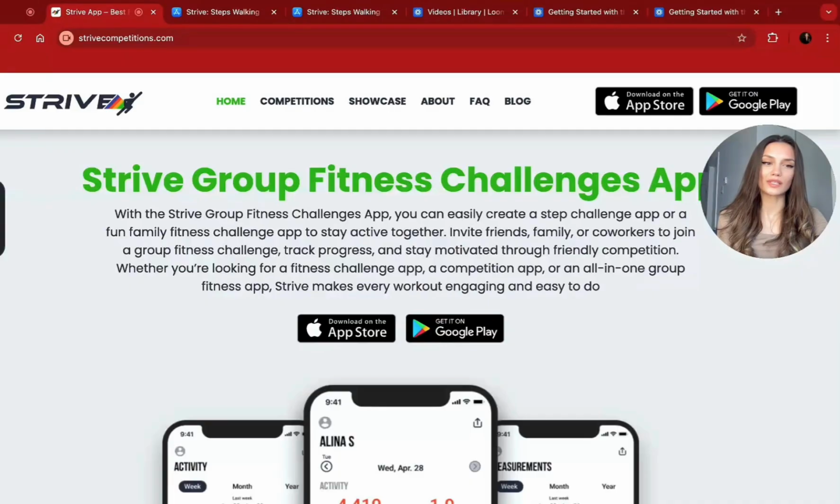I'm going to walk you guys through the Strive app, what it is, and how to use it. Strive is an amazing platform that you can use either on your own, with your family, with your friends, or even in a workspace. This app is designed to help you reach your goals, and more than that, it's designed to help workplaces who are launching a fitness initiative or a corporate fitness program help their employees reach their goals